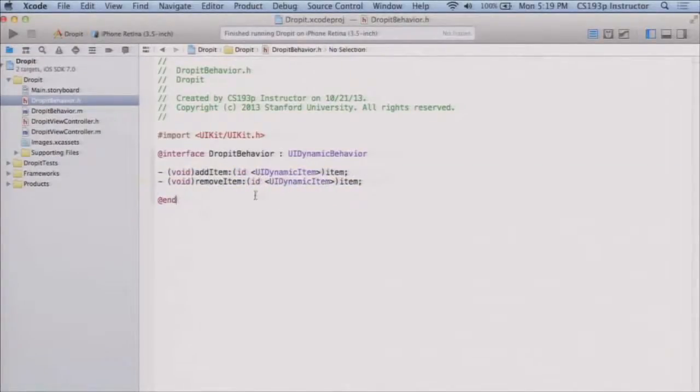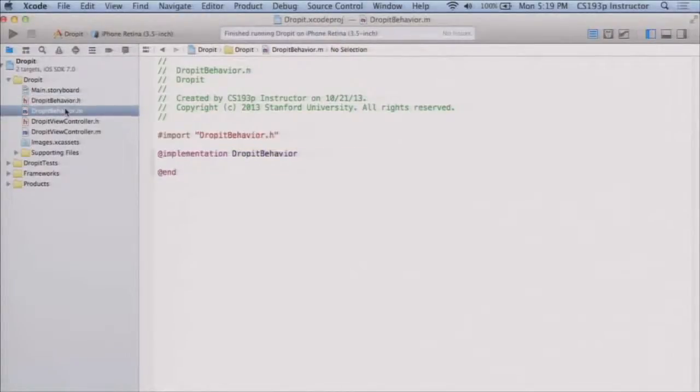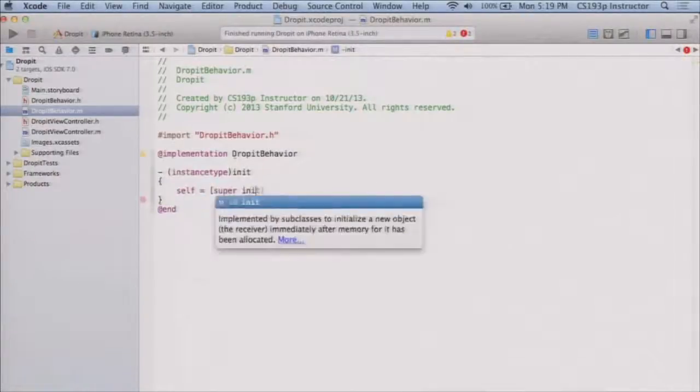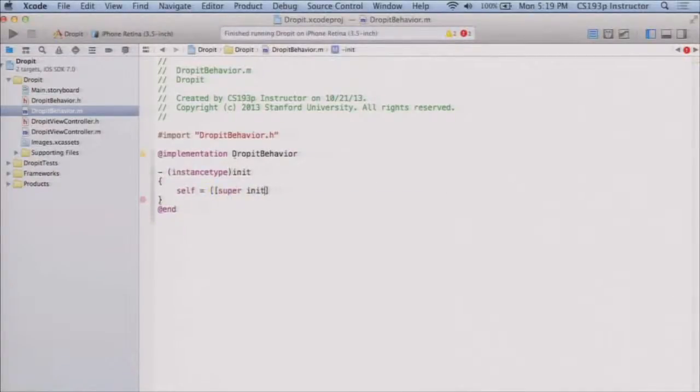Okay, and that's all I'm going to implement in my DropItBehavior, except that I'm going to override its init. So what am I going to do? Instancetype init: self equals super init, so that's UIDynamicBehavior's init. And then return self. And in between, all I'm going to do is add child behaviors for the gravity and the collider,